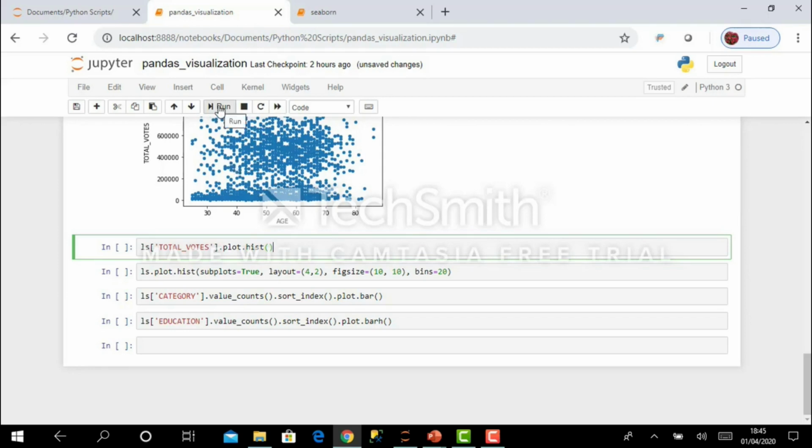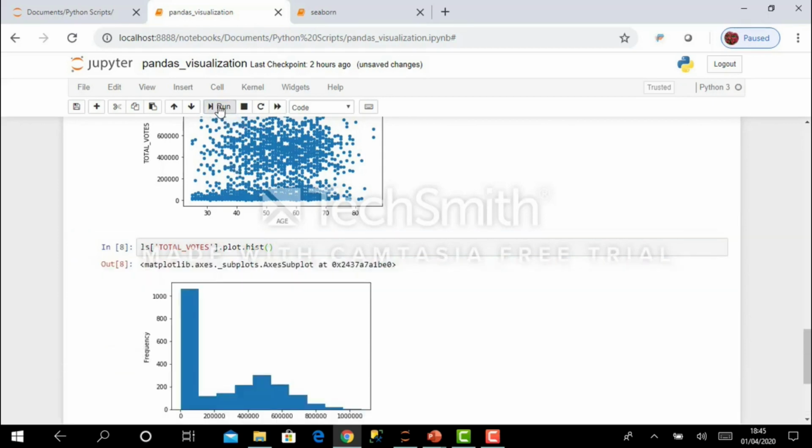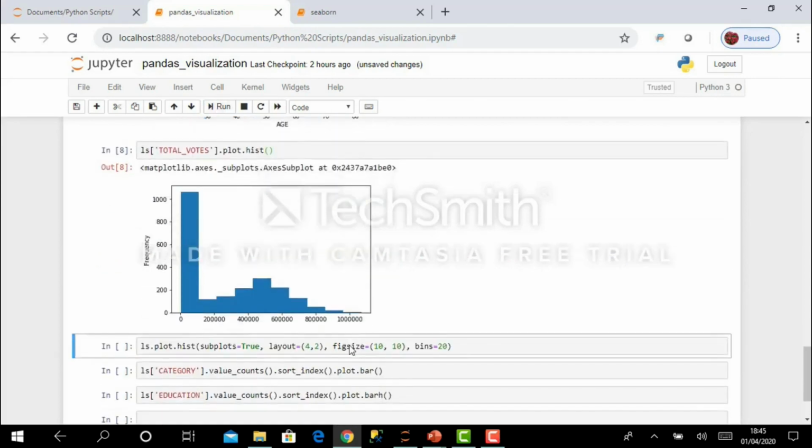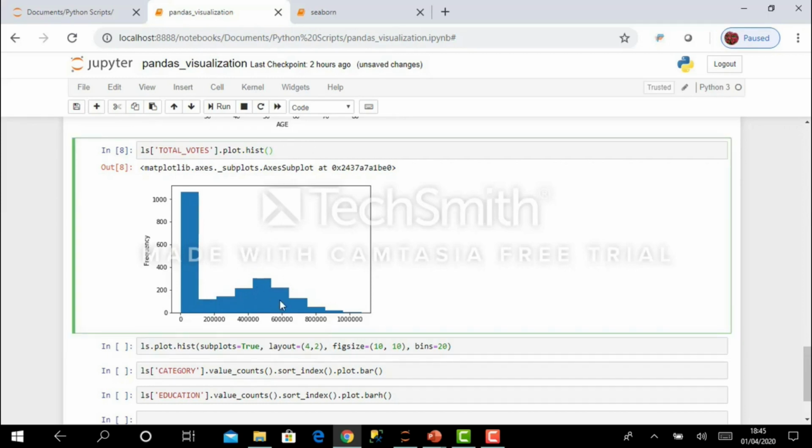If I execute this, you can see this is the total votes. It goes from 0 to something like 10 lakhs, and for 0 to 10,000 this is the frequency, meaning the candidates getting total votes from 0 to 10,000 is more than 1,000. That is the frequency. It takes some range of values and calculates the frequency for that range. That's why the histogram is useful.